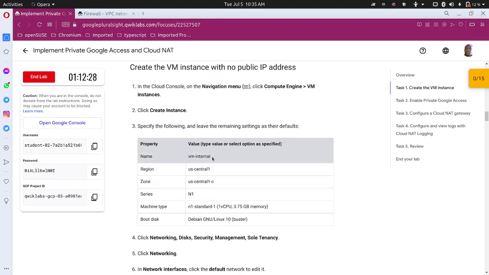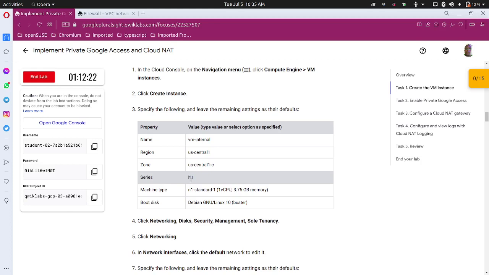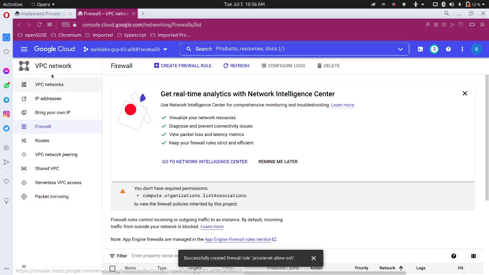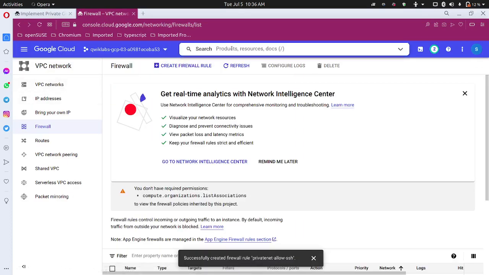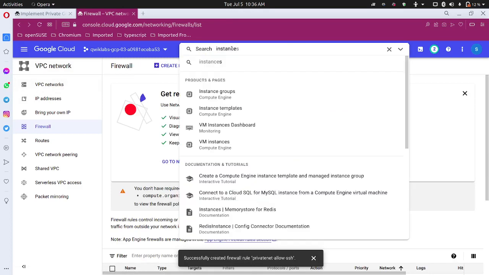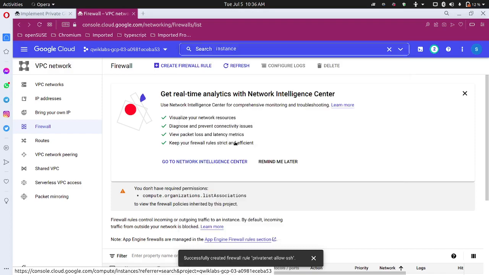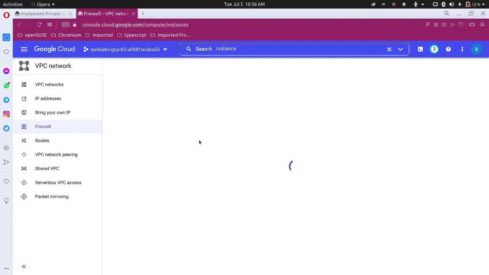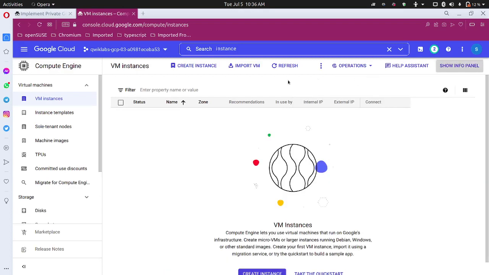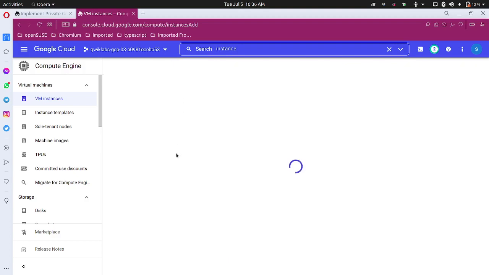The VM we will call VM internal, in the same region and this zone. The CPU type is N1. Machine type is standard. The boot disk will be Debian 10. So when creating this, you will have other defaults put into place. You need to change those. I'm not sure if the grading system will accept any other configuration except the one they've specified. So in order to avoid issues where your grading system doesn't give you the full marks, please be as specific as you can,